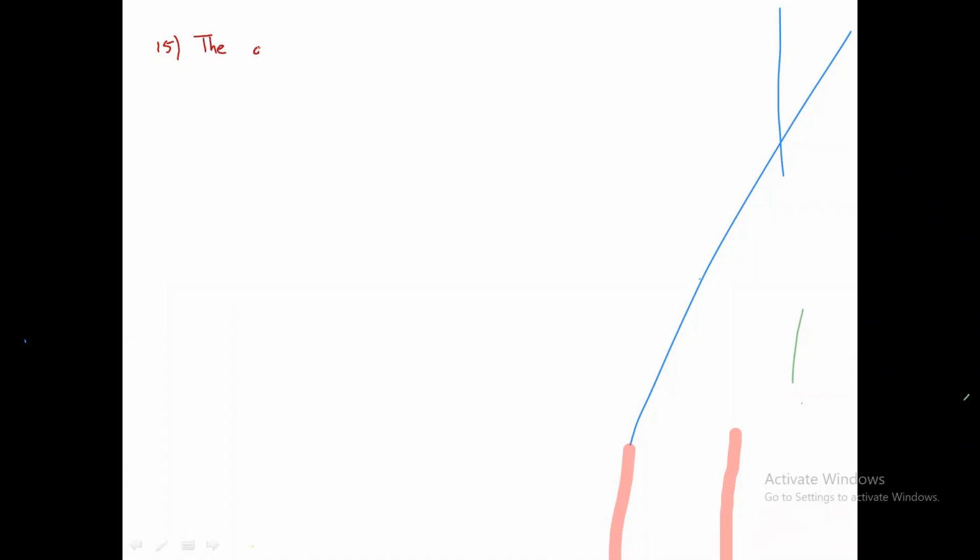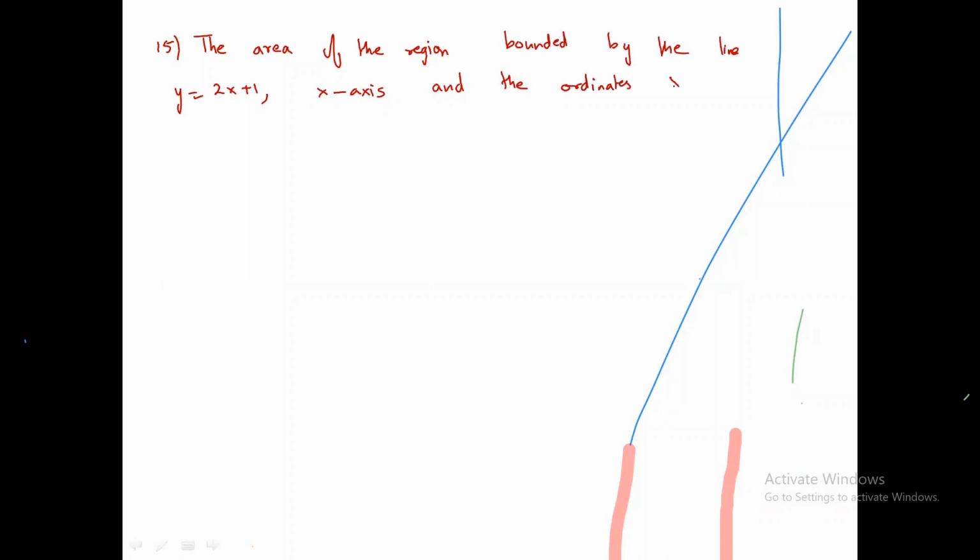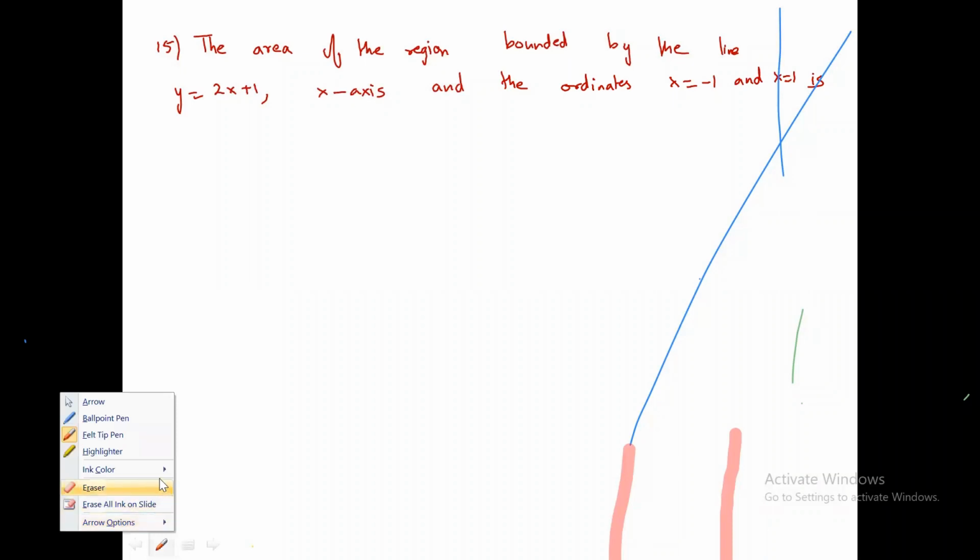The question number 15 is: the area of the region bounded by the line y equal to 2x plus 1, x-axis, and the ordinates x equal to -1 and x equal to 1 is... As I told you, we have to draw the diagram,